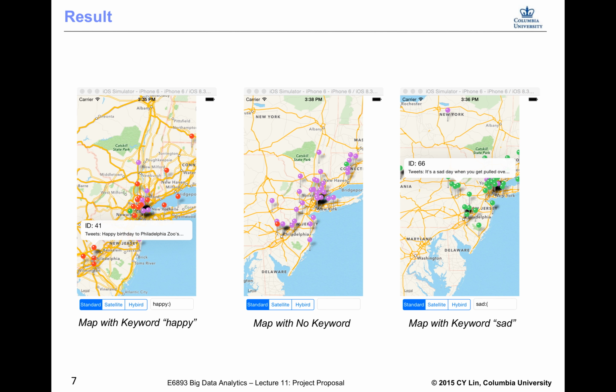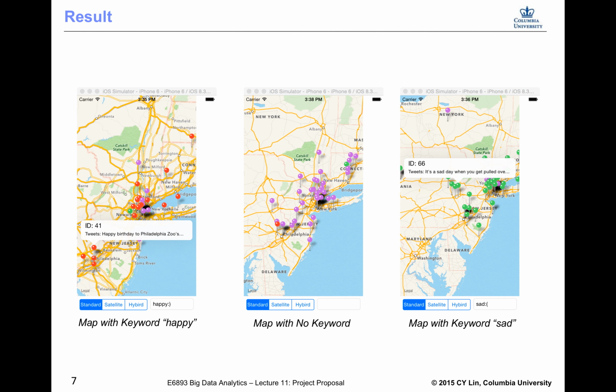The red pins represent positive, the green pins represent negative, and the purple pins represent neutral. More red pins appear, which means it is positive, and most of it matches our search keyword happy. After I click on ID 41, it says happy birthday to Philadelphia, so it's a positive attitude. And we can see every mood.